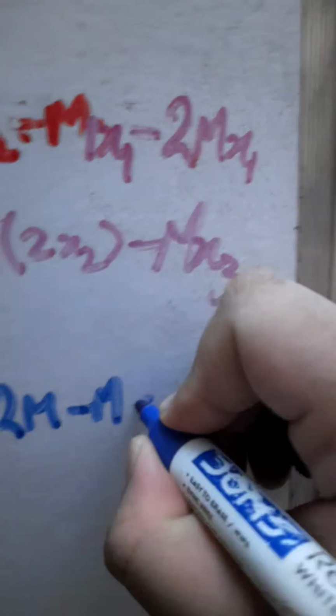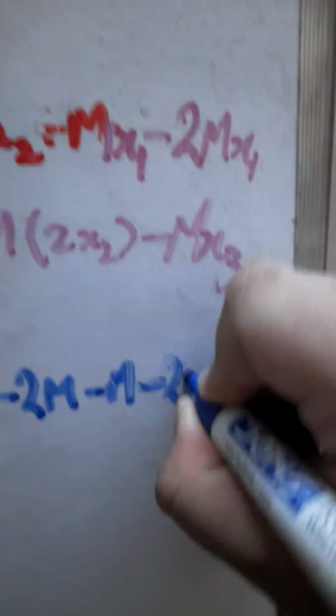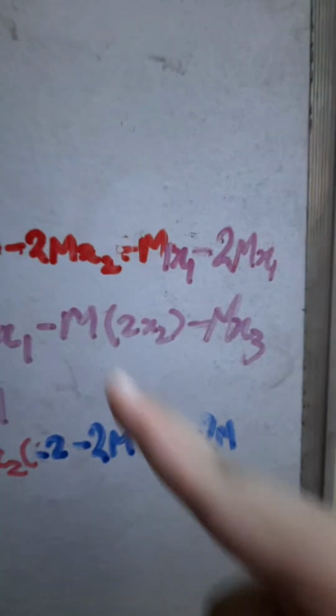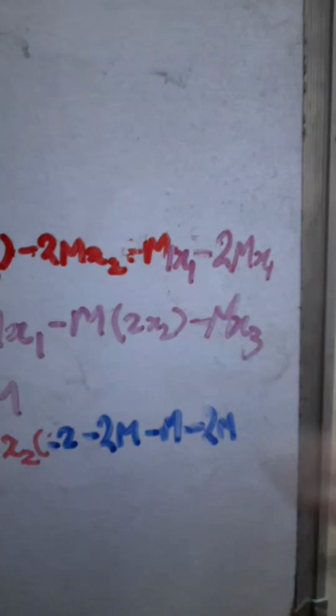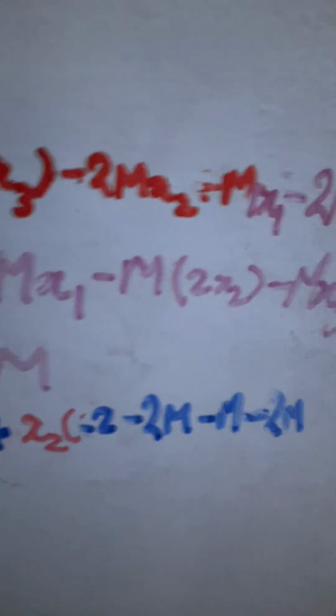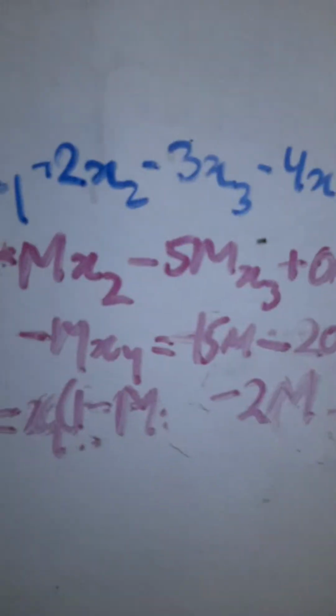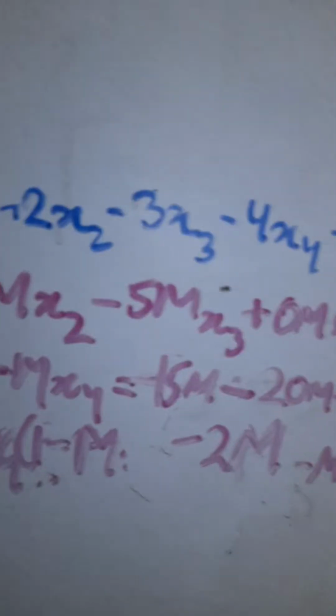Then minus, this is also dead now. Okay, it has some life till now. Minus 2m, see, minus m into 2x2, remove x2, it becomes minus 2m, minus m2, but m2 is nothing, so minus 2m remains, okay. And here we go. Then